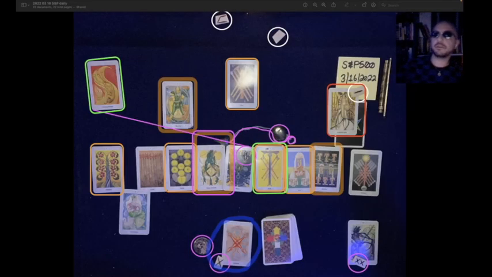This is the S&P 500 one-day reading for March 16th, 2022. It's currently March 4th, 2022. The overall theme and behavior for the day is an opportunity to open up some short positions or protect long positions or buy puts, whatever you want to call it, in the midst of a rally.